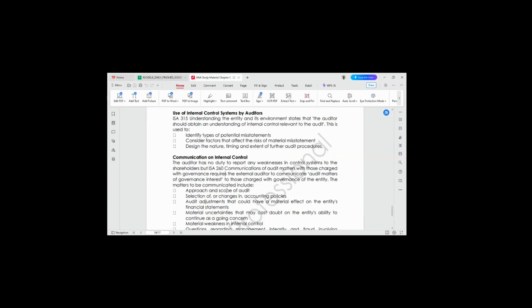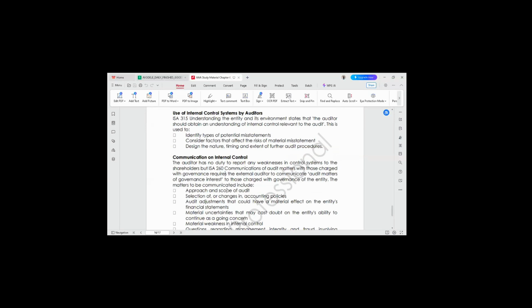Now, other information that is contained in that management letter is called approach and scope of audit. So in that documentation, the auditor will also explain the approach and scope of audit, that's how he was able to arrive at those weaknesses. Two, he's going to talk about selection of or changes in accounting system, if there's any change in accounting system,